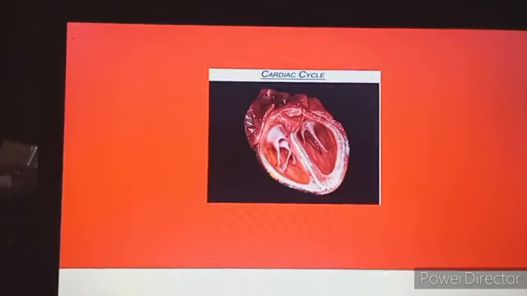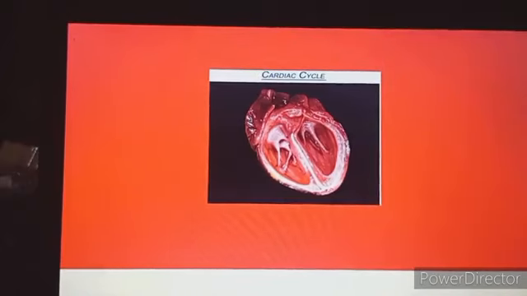As you know, our heart is made up of cardiac muscles. So it is the work of these cardiac muscles that it continuously contracts and relaxes,